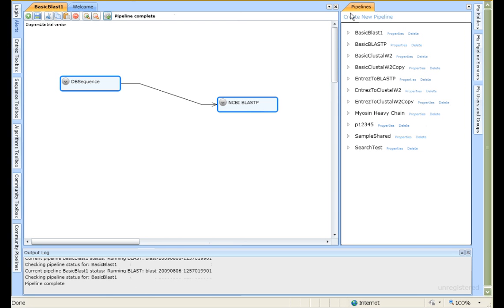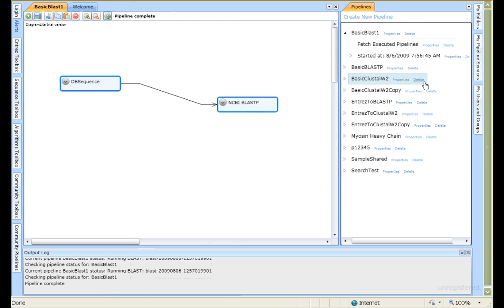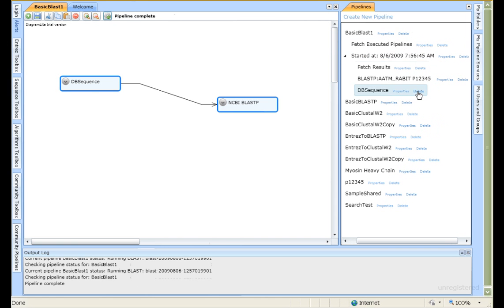So let's go look at the output. Every time you execute a pipeline, it creates an entry that's got a date and time stamp, so that you know which pipeline you're looking at. And you can see this is the one we just started. And if we click here, we can see the output. So this is the BLAST output. Let's take a look at it. And I'll go into more detail in another video about this particular view, but it's a very concise